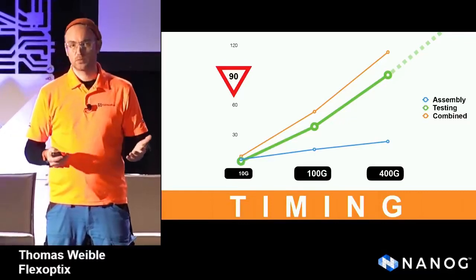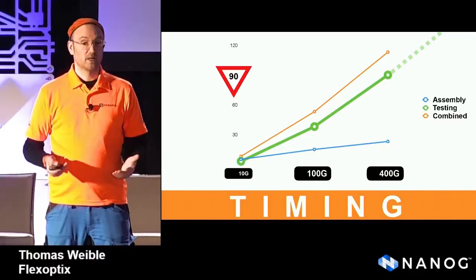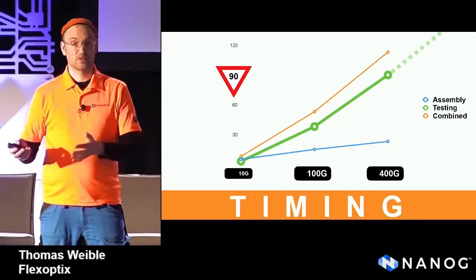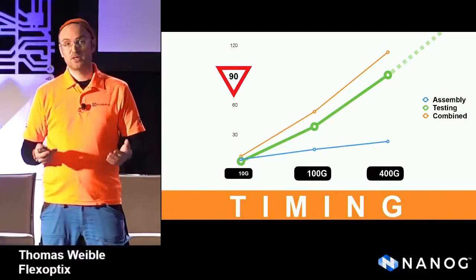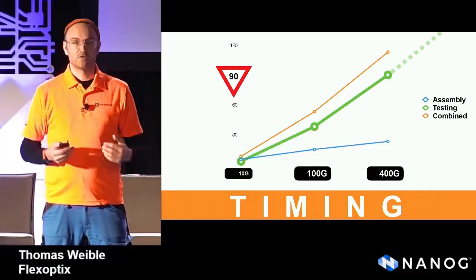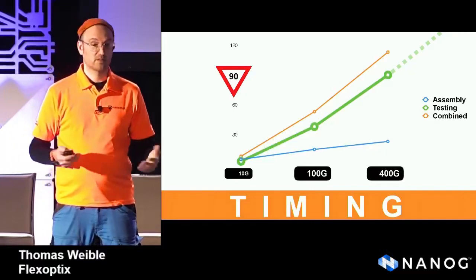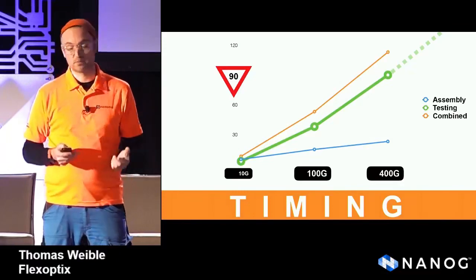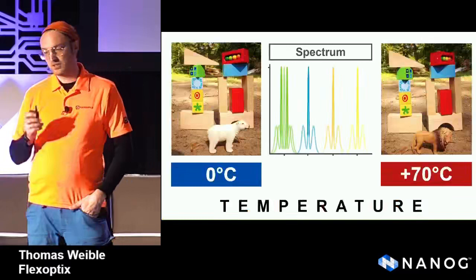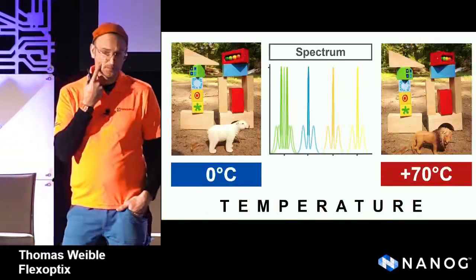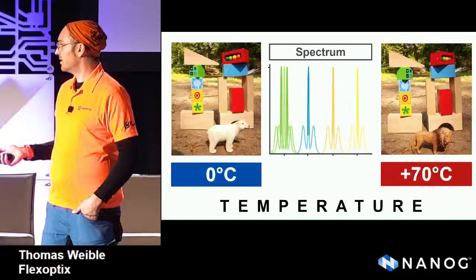Or, and that's something we also see in the DevOps environment, in network engineering, you do automated tests. And the same happens in the optical engineering environment as well. So when you automate your test cases, you get down the overall timing at the end of the day, and that's where you save time on testing and time in production. This really matters. To give you an idea about a test case, I took the example of temperature tests. So here I have the temperature test